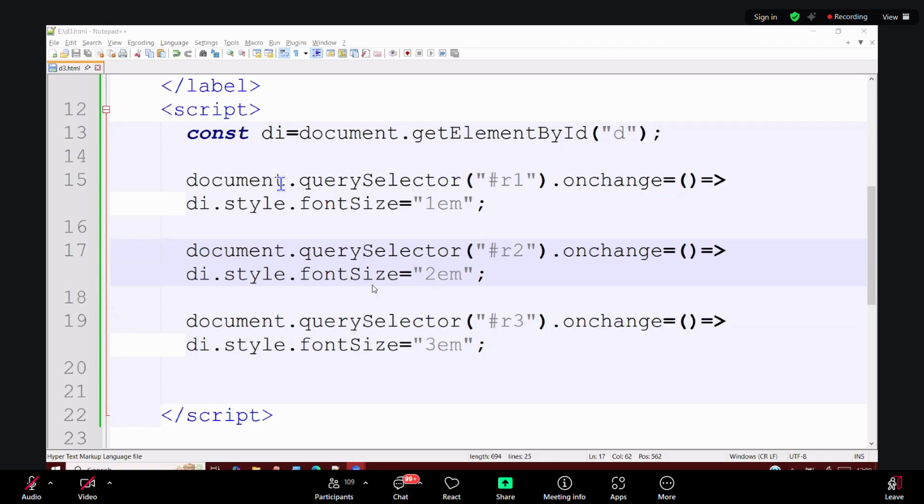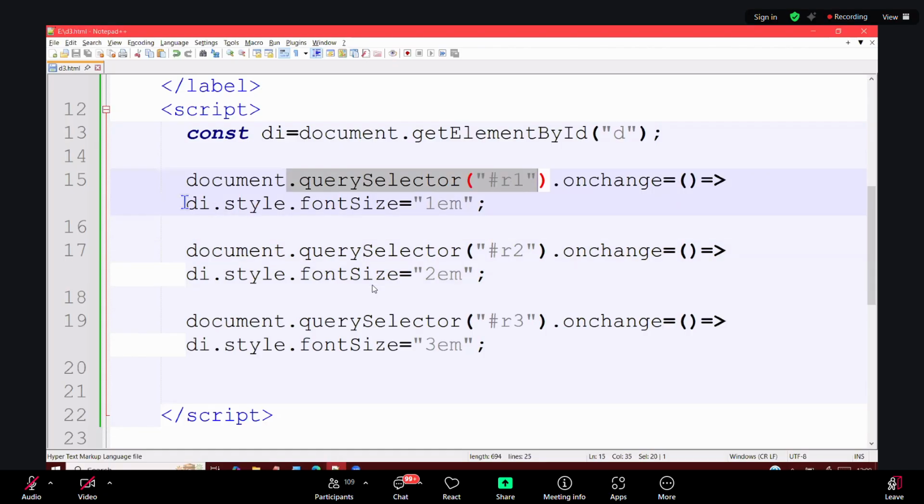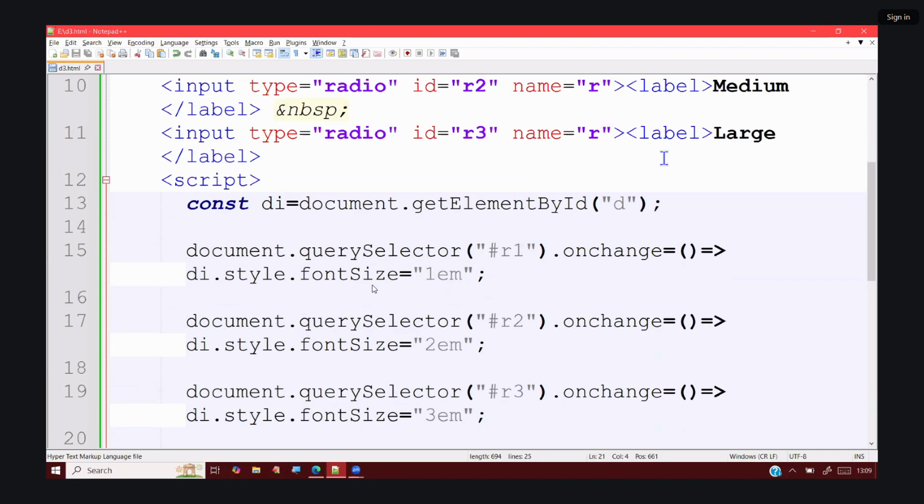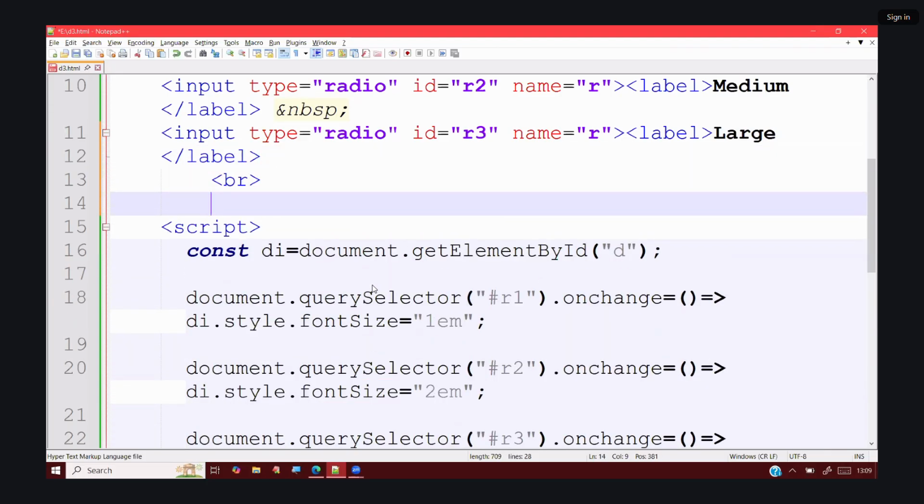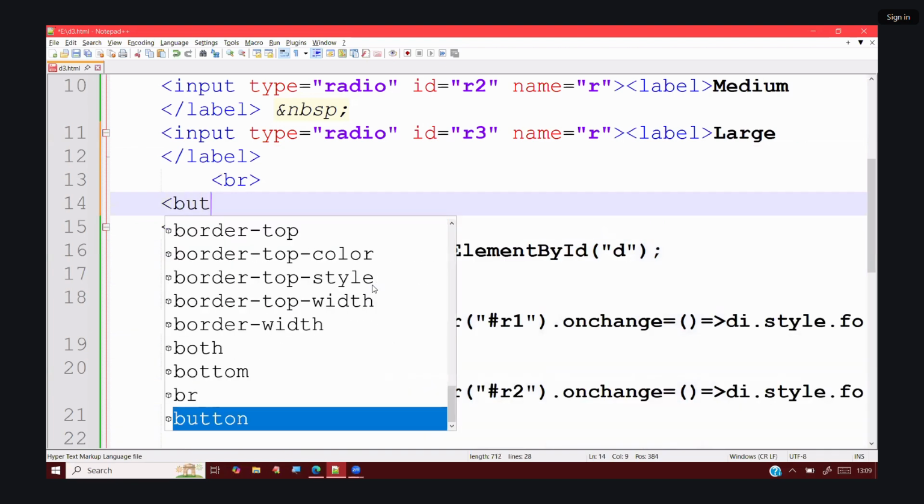Event handling used? Yes. DOM styles used? Yes. We used DOM styles and we used event handling also. Can I change the data also, sir? Data also can change, possible sir. Write the event handling and place one more button. So take one button also here. I want to change the data dynamically, sir. No problem. So take one button,